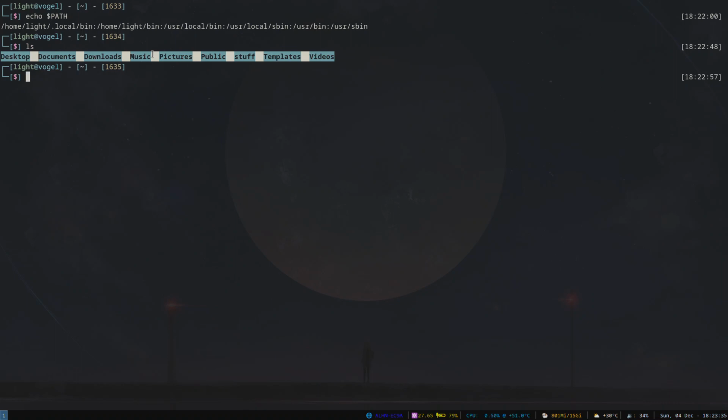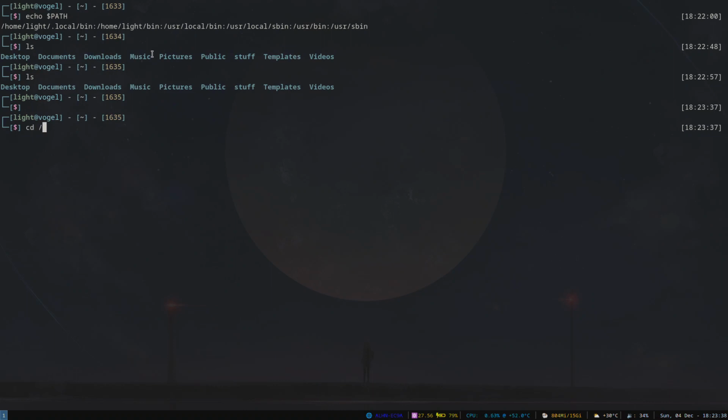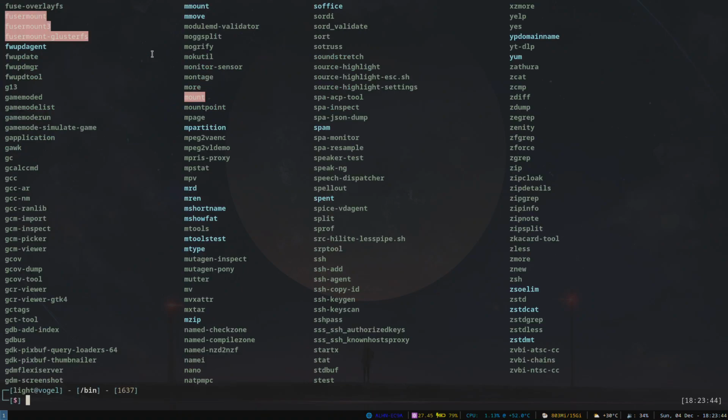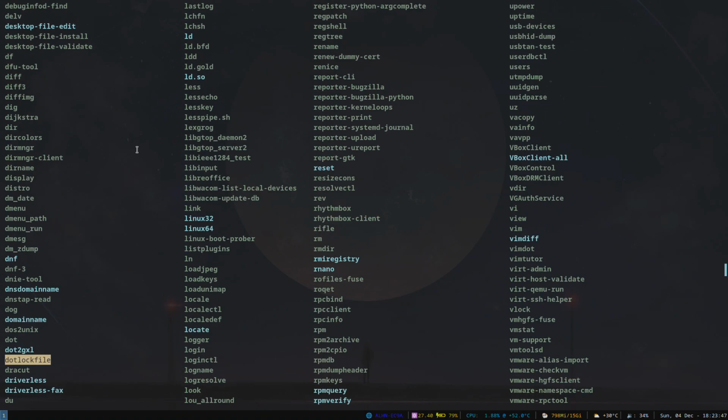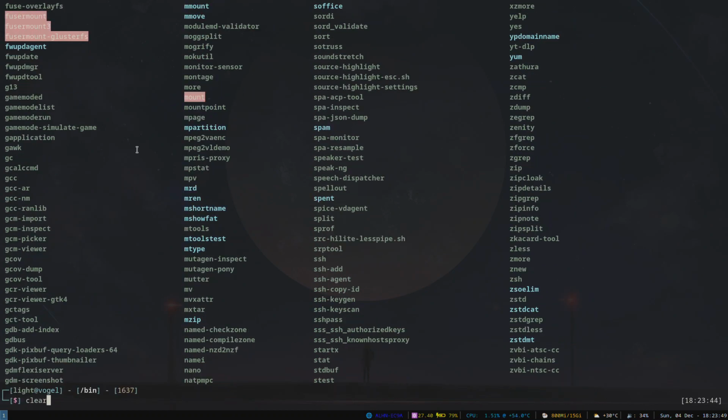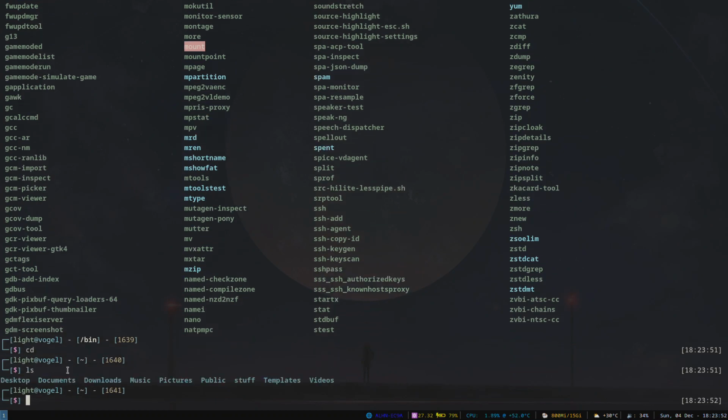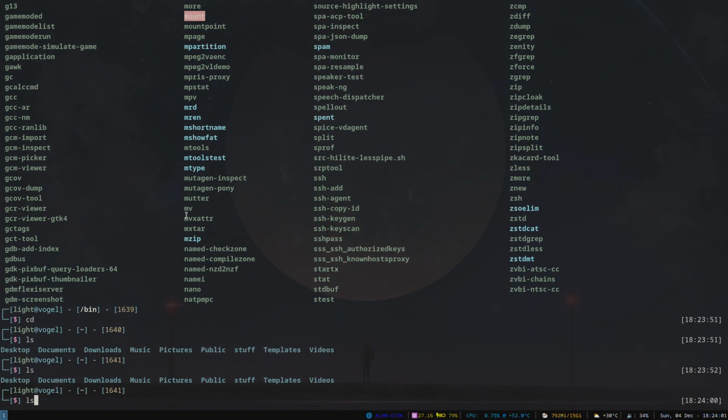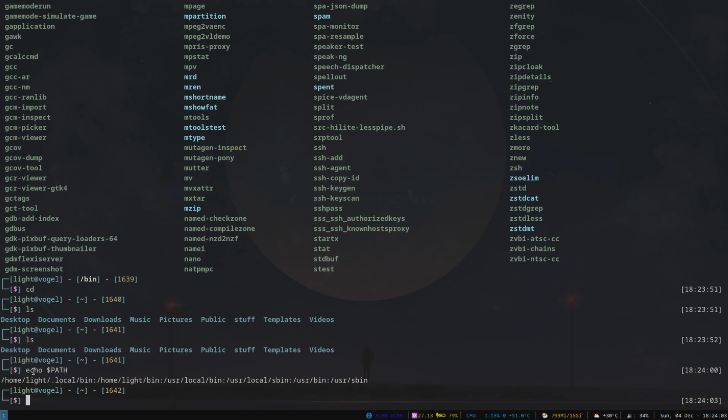And if you go cd to bin, these are all binary executable programs. If you have a program right here, you need to give its actual location to launch something. But if we echo shell again, like we did last time, home local bin is in the path, so we don't need to do period slash if we have something in local bin.